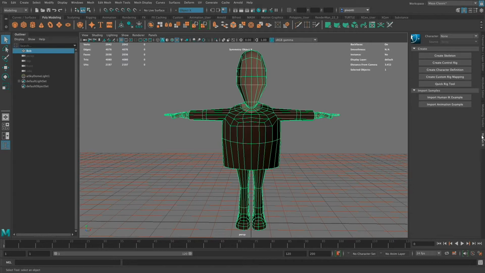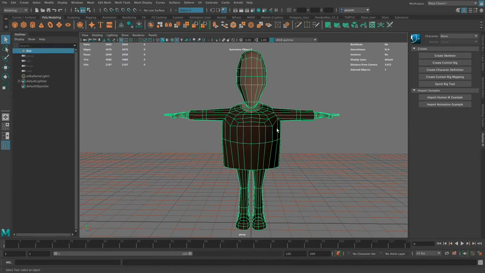So the first thing that I'm going to do is use the Human IK tab, which you can activate over here, or if it's already active, it's a tab over here on the right-hand side, and you can select that tab. Now, you could go through and create the skeleton and the control rig. There are manual controls to go through everything and create your custom rig, but there's this Quick Rig tool. There are a couple of things I want to do first to make sure that everything is set before I use this Quick Rig tool. So the first thing I want to do is make sure that I've deleted